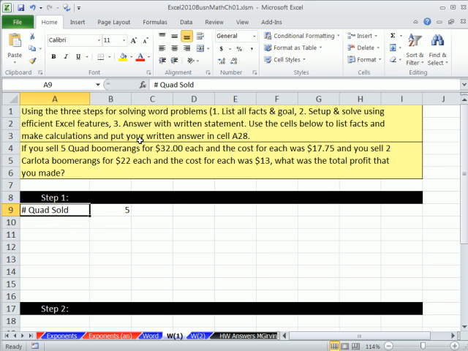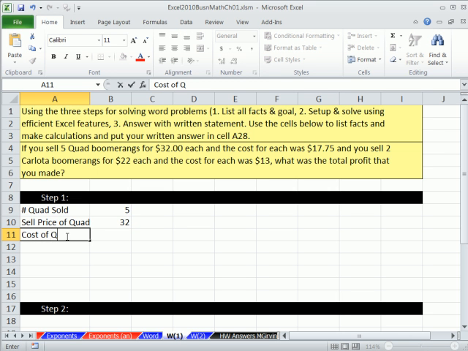5 quad boomerangs sold for $32 each. Oh, OK, so there's more information about the quad, right? So sell price of quad. Tab 32. Enter. OK, and the cost for each was $17.75. OK, so here's the third bit of information about the quad. So it's cost